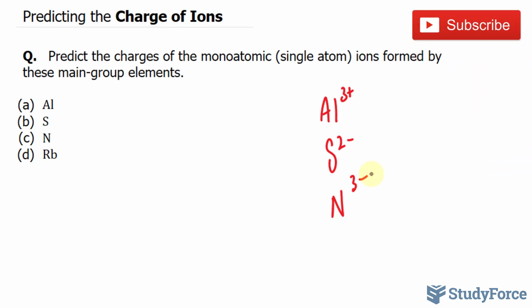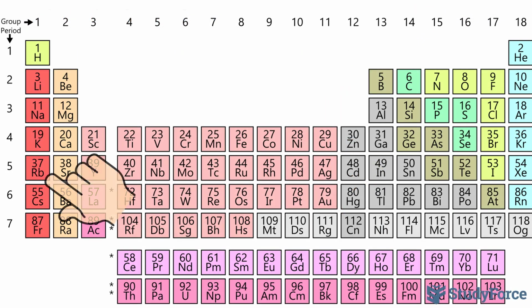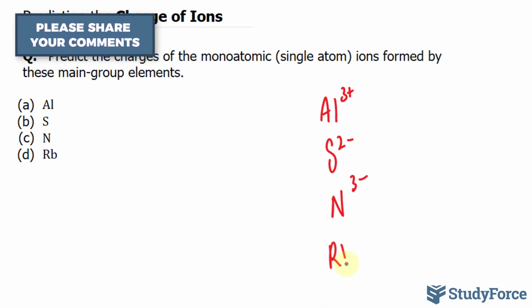Lastly, we have the element rubidium. Let's find out where rubidium is in the periodic table. Rubidium is a metal, and it's found in the first group. This tells us that rubidium needs to lose one of its electrons so it becomes like krypton, the nearest noble gas. So we write down Rb